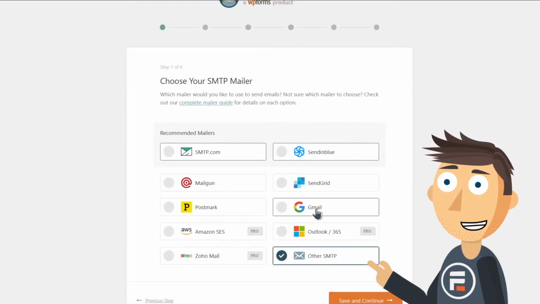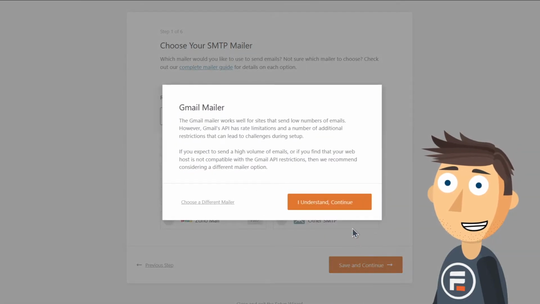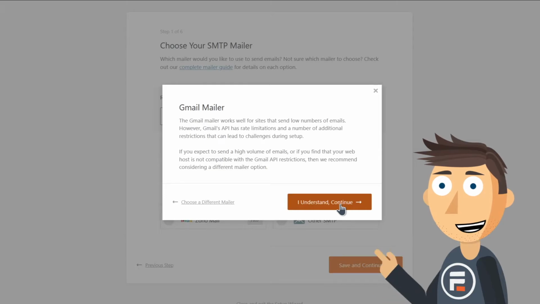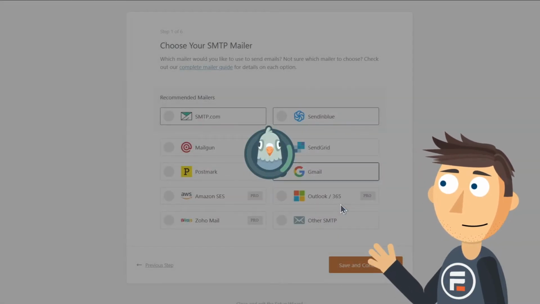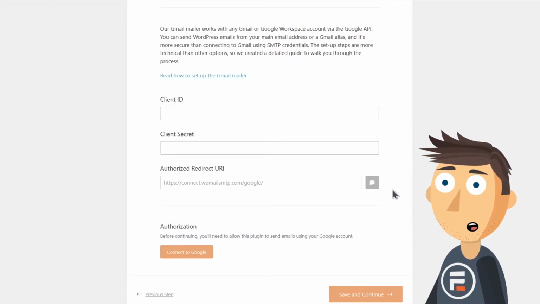But let's go back and do a Gmail one the right way using their API. First, you'll get a warning that if you're going to be sending a lot of emails, it's probably better to use a different service. Keep that in mind if you're expecting your business to grow rapidly. Then you'll get prompted for a client ID, client secret, and an authorized redirect URI. So let's get those. Go to